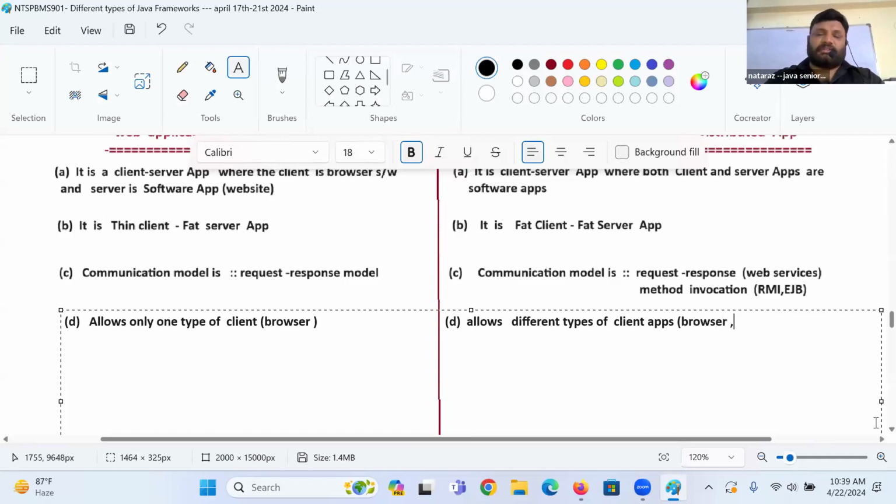Browser. Hey, browser is also one kind of client there, but we generally use. Okay, if you are not agreeing, mobile applications, desktop applications, come on. Mobile applications, desktop applications. Okay. Embedded system application, websites.